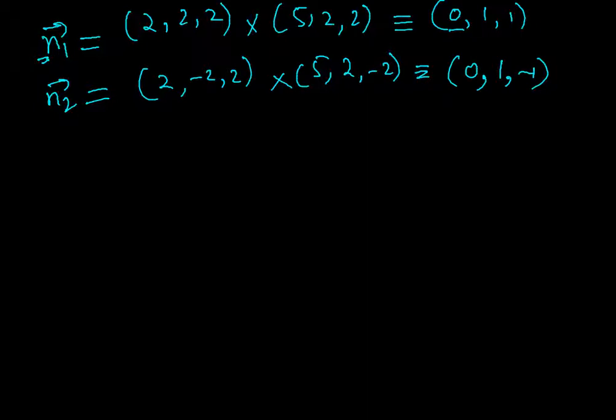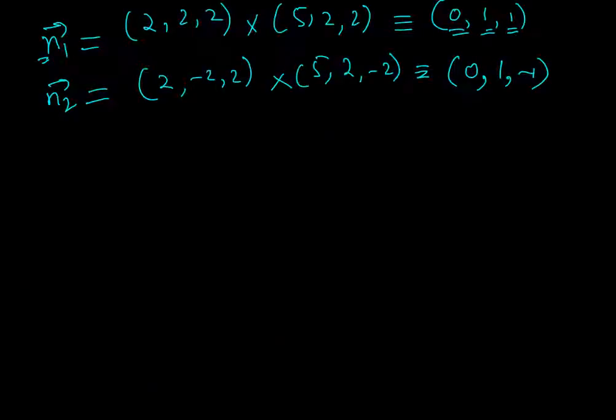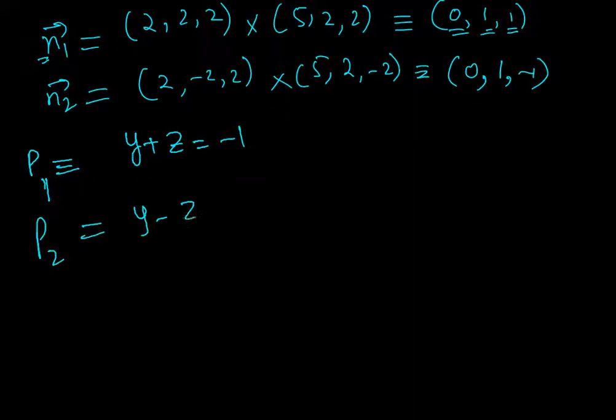Now I've got the normal vector. Say if this is A, B, C, I can write the equation of plane as ax plus by plus cz is equal to d, where d can be determined by substituting either point P or point Q in the equation of plane. That means my first plane, plane 1, will be y plus z is equal to -1, and the other option is y minus z is equal to -1,